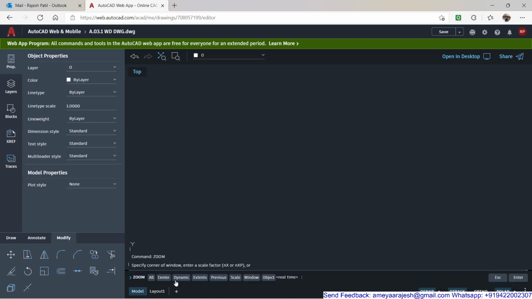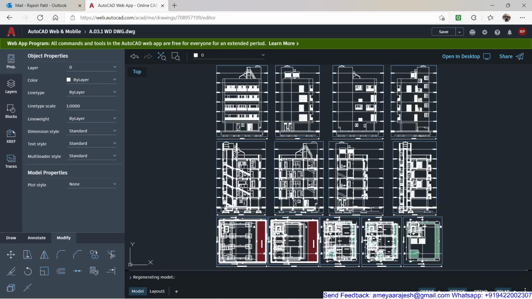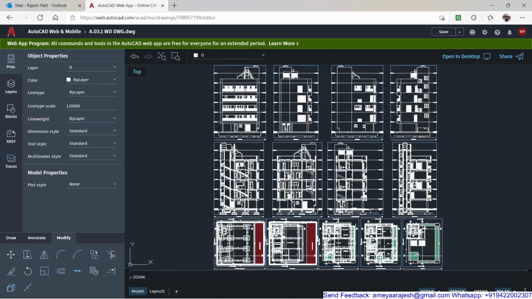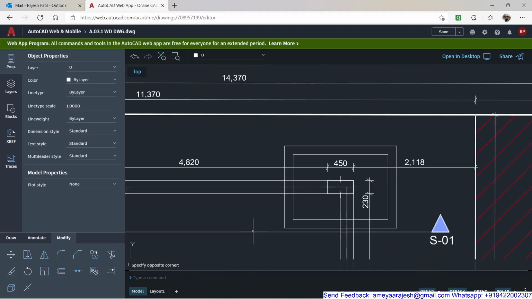I'll say zoom, and then extents or all, whichever you find comfortable. Now if you use the same zoom area and go for the same distance command, you will realize that the distance you now get will definitely be 230 millimeters.